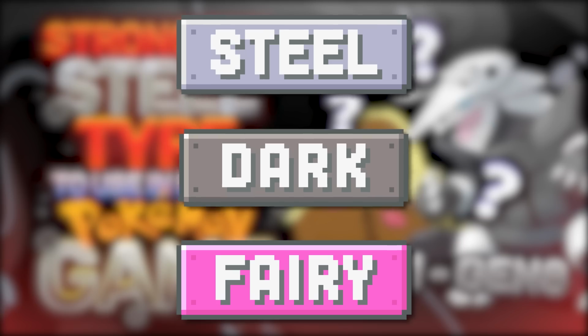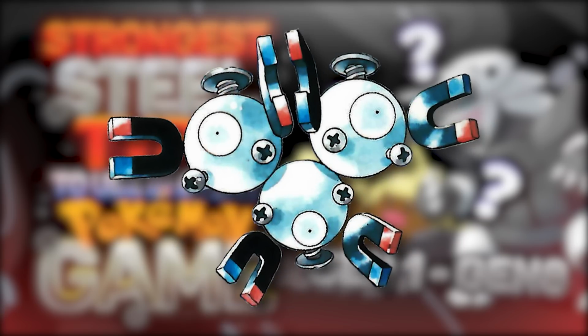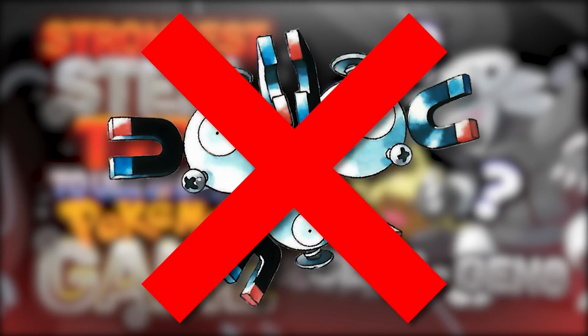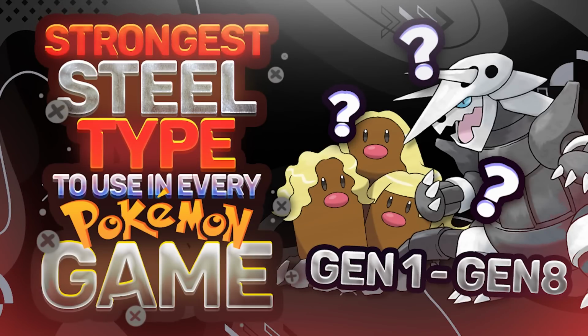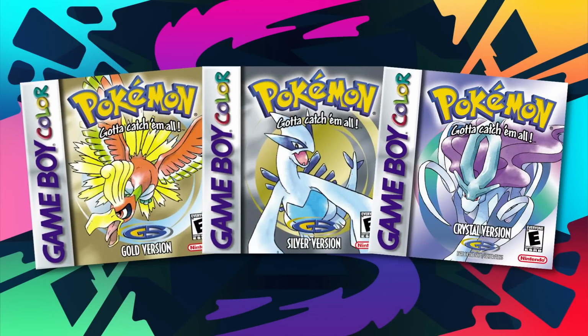I guess if nothing else, Magneton would be the only steel type in Gen 1, but since it wasn't officially at the time, I'm not going to get into any hypotheticals and all that. Instead, we won't waste any more time and just get into the deal now and start at Gold, Silver, and Crystal. So, with this debut generation for the steel typing, we had a few options to go with in these